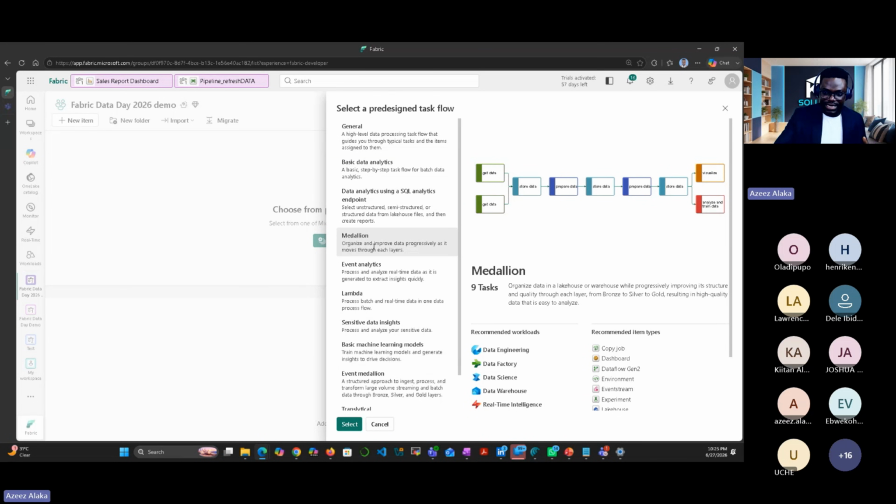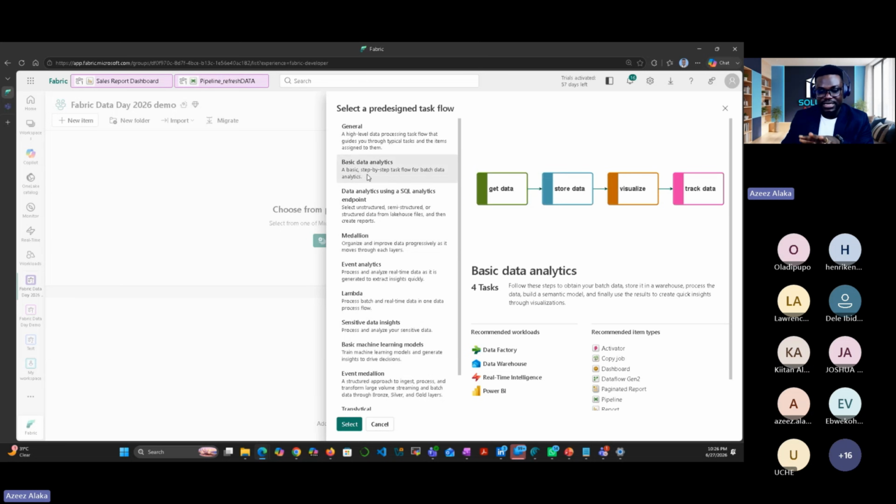After cleaning the data on the bronze, you can send it to silver. From silver, you do some data engineering. You add some calculated columns, making use of Dataflow Gen2 or your notebook, before you finally send it to gold. If we still have some time, I will show you some of the projects I have built making use of this medallion project. In our case, we are going to make use of basic data analytics.